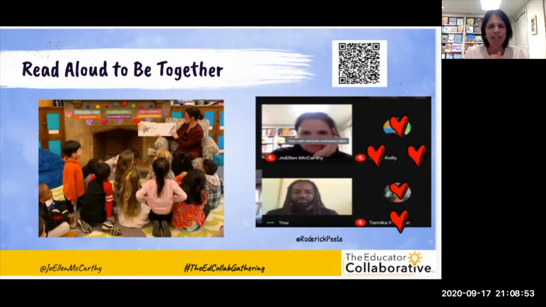And on the right is a classroom example with one of my colleagues, Roderick Peel, from the Great Northern Parkway, where we've worked and continue to work in Zoom settings, working with kids and sharing stories, and using those opportunities to bring us together to create those book bonds, but then to go on into how to look at the same story after a morning meeting that brings us together and helps us build community, how we can use that same story to complement the existing units of study we're doing in reading and writing workshop,